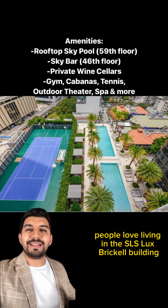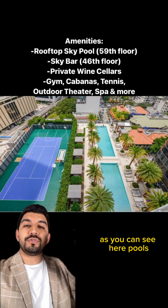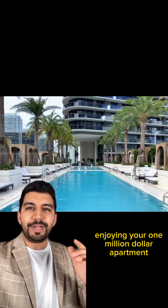People love living in the SLS Lux Brickell building because of all the amenities that it offers to its residents. Like, as you can see here, pools, tennis courts, gazebos, spa, and this is actually the view from this condo on the 17th floor. Just think about it for a second. It's 90 degrees Fahrenheit on a hot Miami day, and you're in this luxurious pool enjoying your $1 million